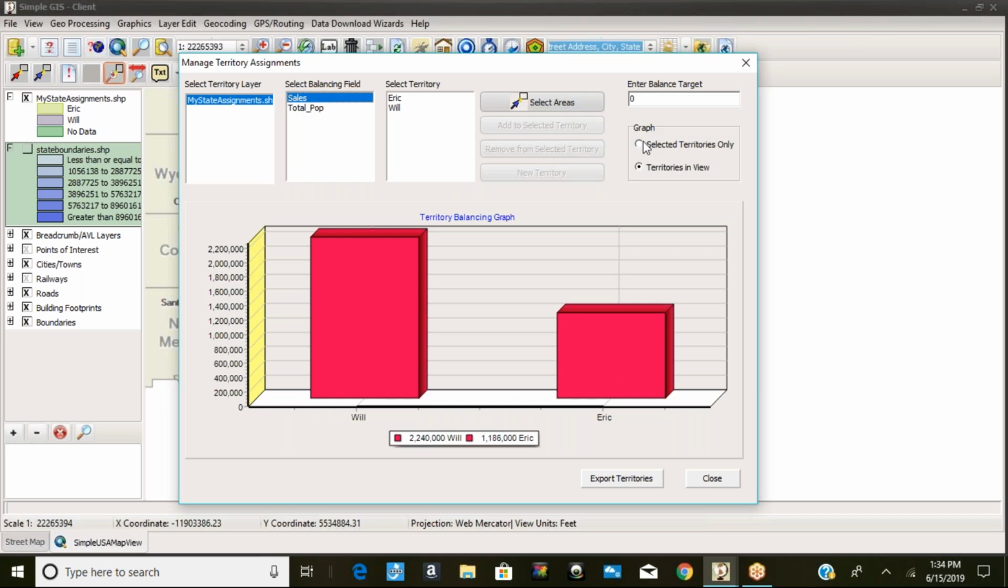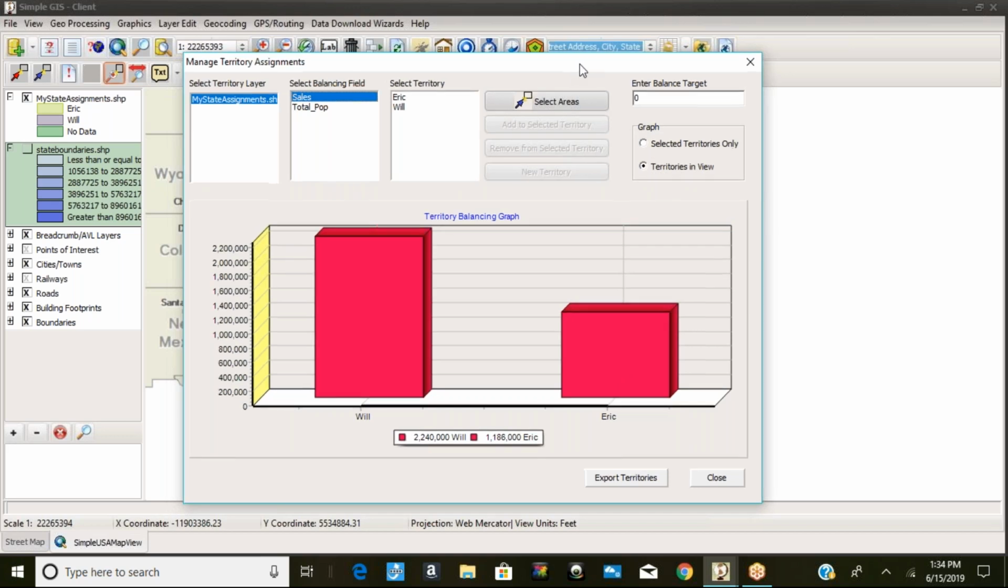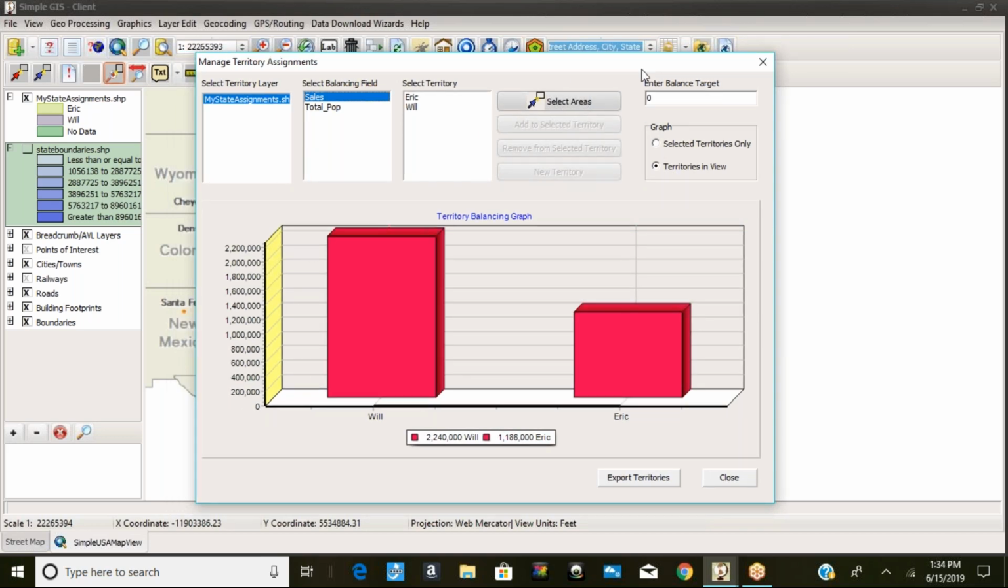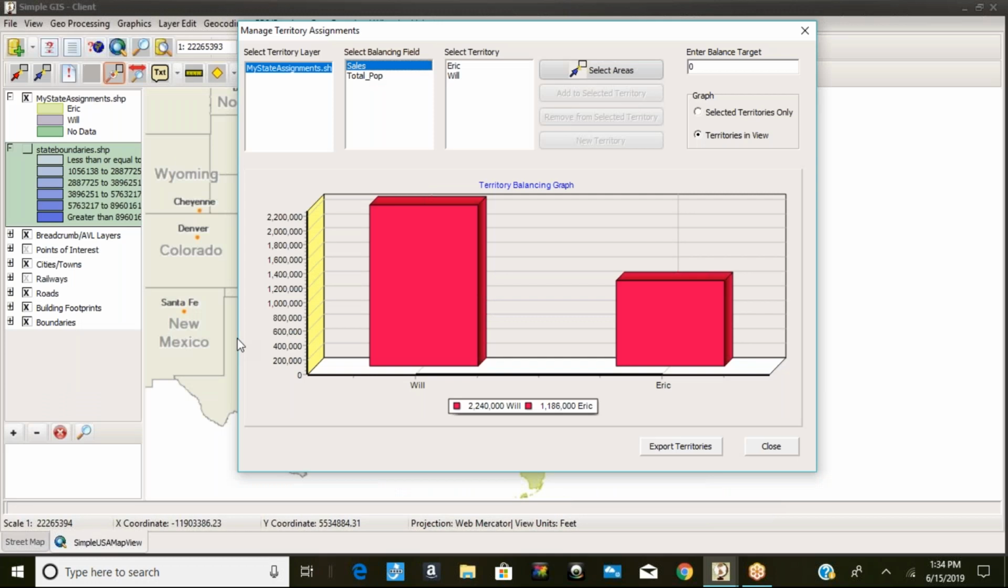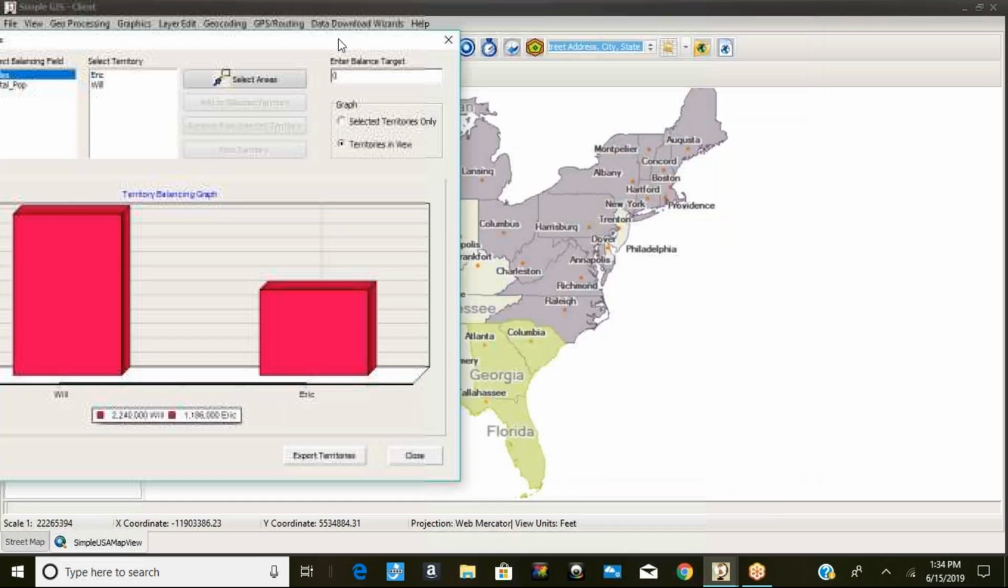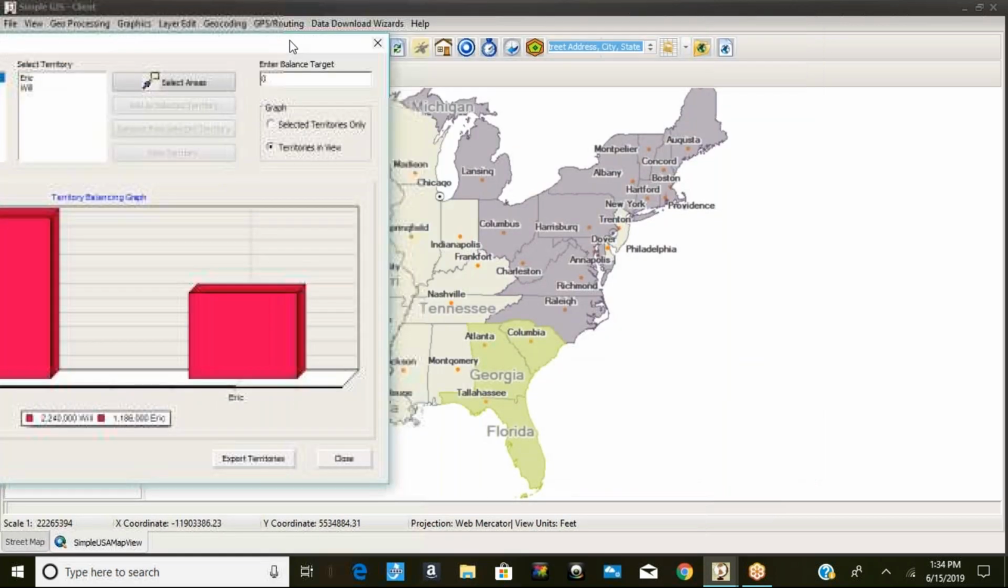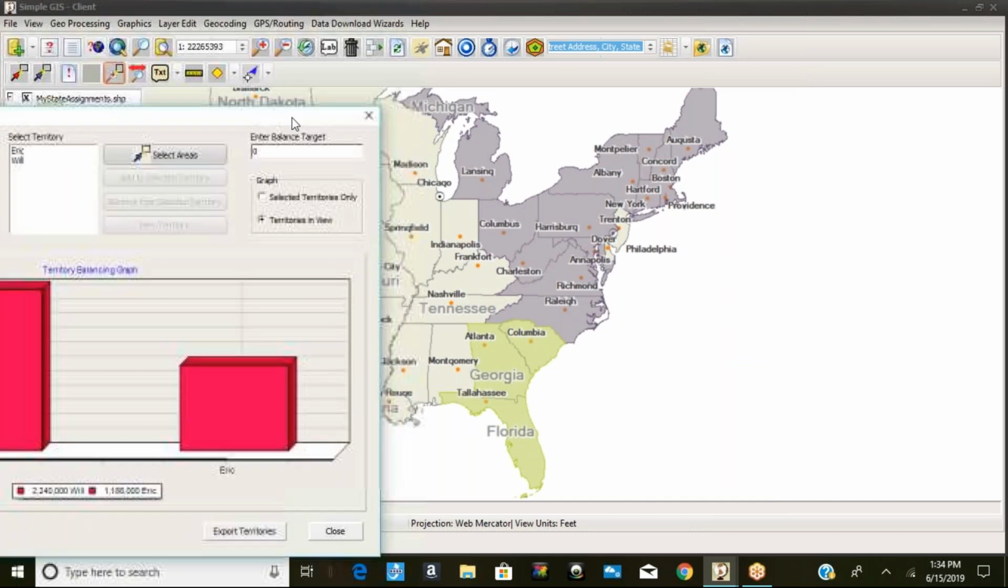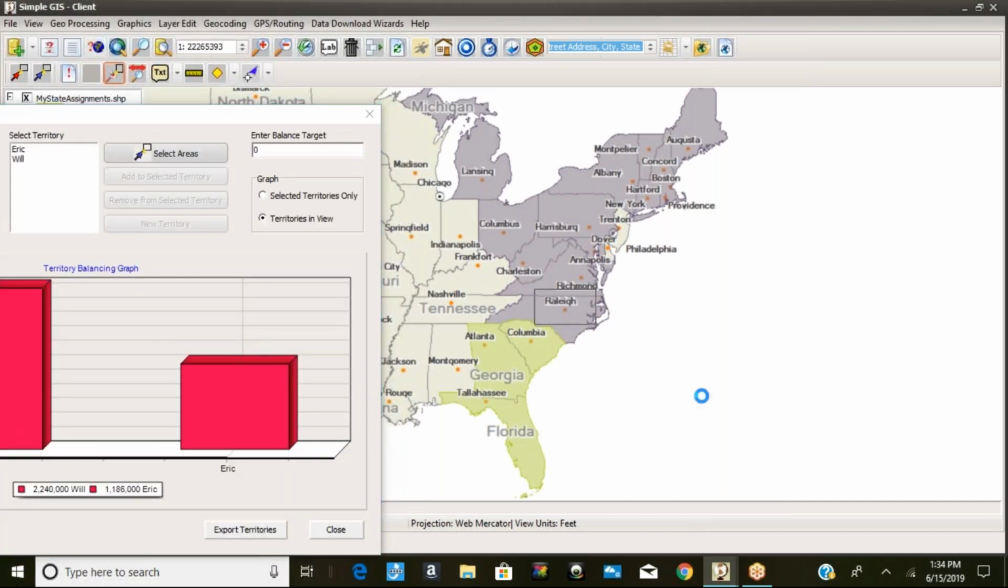Also notice in my graph, it's by default set to territories in view. And so what that means is the bars that you're seeing in this graph are just the territories that are visible in my current map extent. So for instance, if I was to zoom in to where I only had a single territory visible in my current map extent,